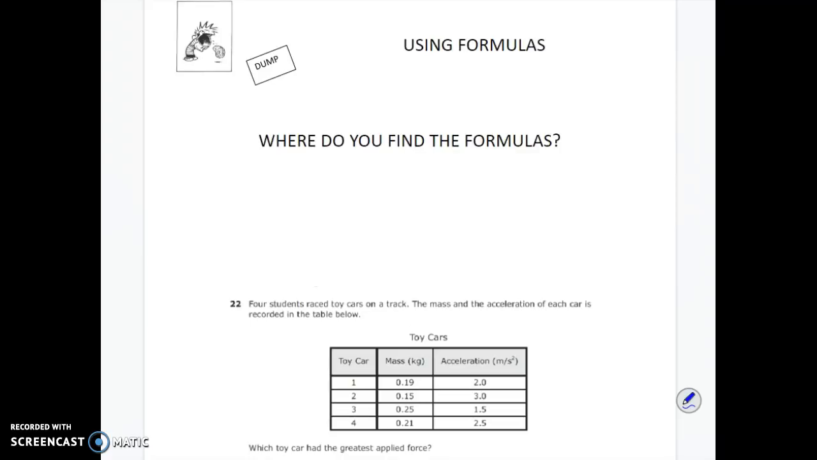Okay, so using formulas. The key thing here, obviously, is to use the right one. Make sure you use the right formula. There are